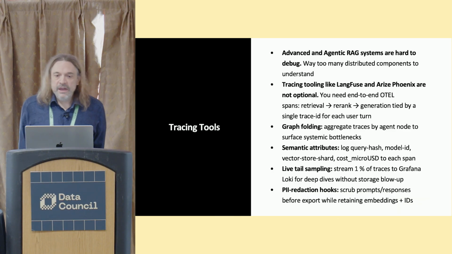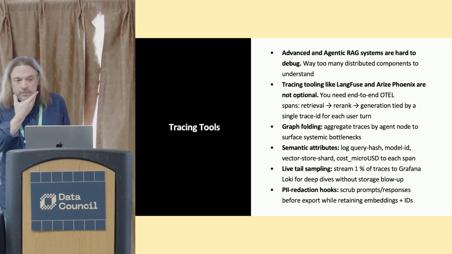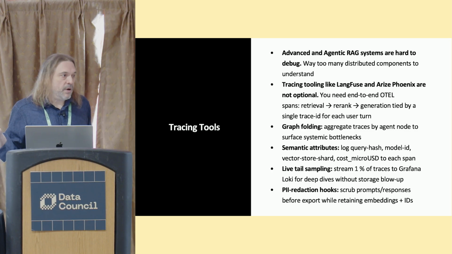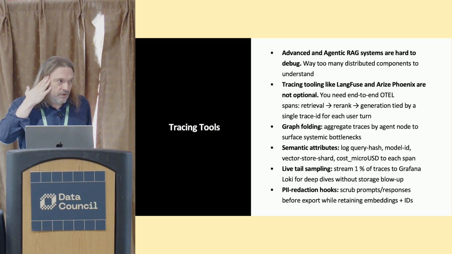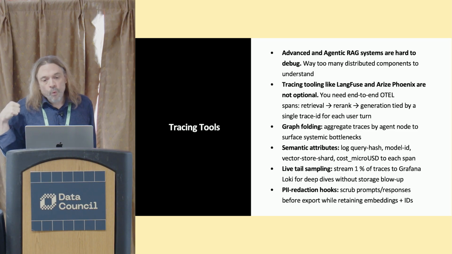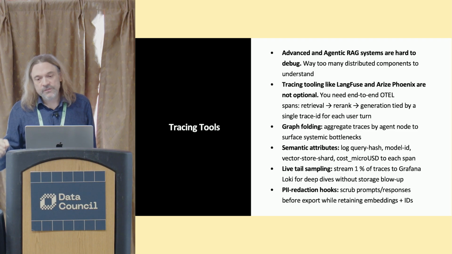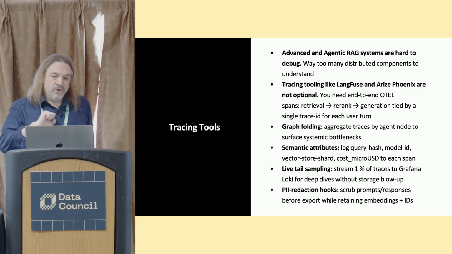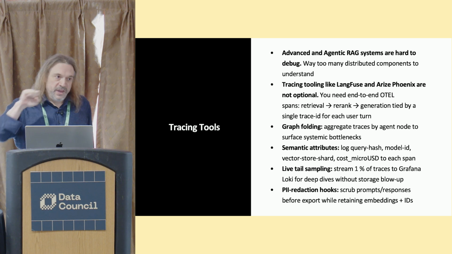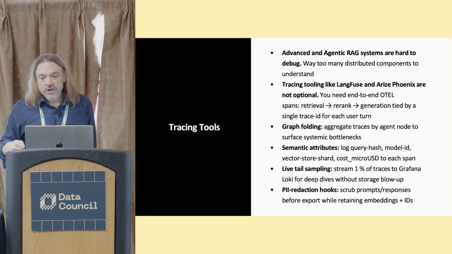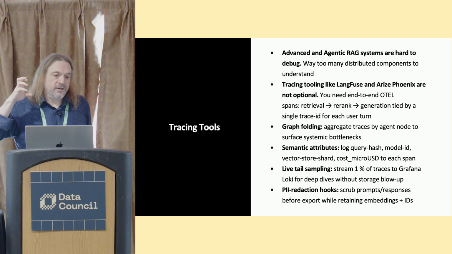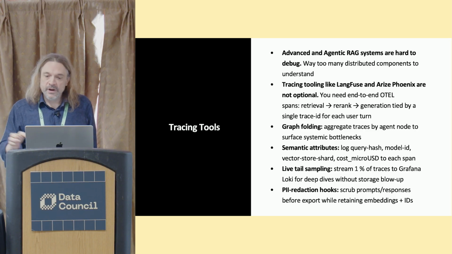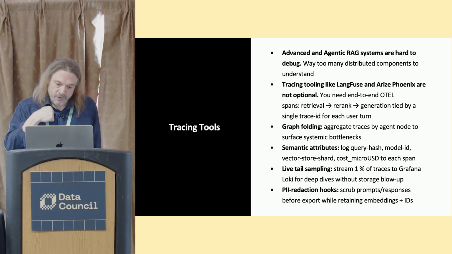Tracing tools. Advanced and agentic RAG systems can be hard to debug. Way too many distributed components to understand just on their own. So you want a tracing tool like a LangFuse, like an Arise Phoenix. Those aren't optional. You want to push the stuff out to OTel, the entire span of the flow. You want every component that you're calling in that flow to be writing out